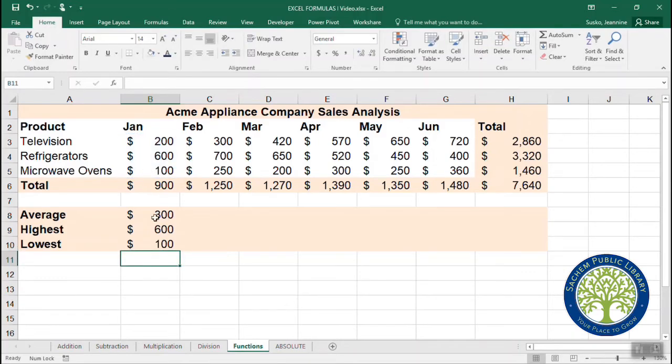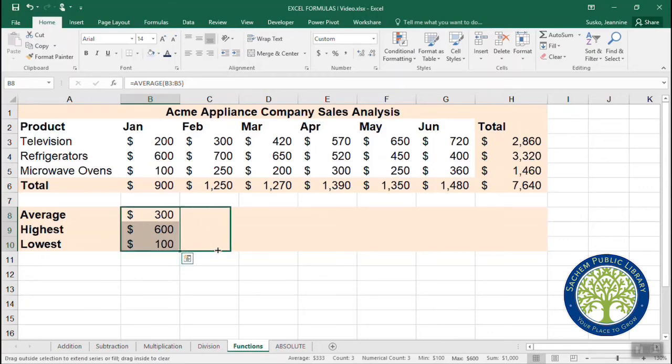So we calculated for January the average, the highest, and the lowest. And we want to apply those same calculations to February, March, and through June. So if you want to copy formulas across your columns, you're going to have to drag the fill handle. Once again, the fill handle is in the bottom right, a little green box. You drag that across to whatever cell you would like to carry the formulas across to, and just let go